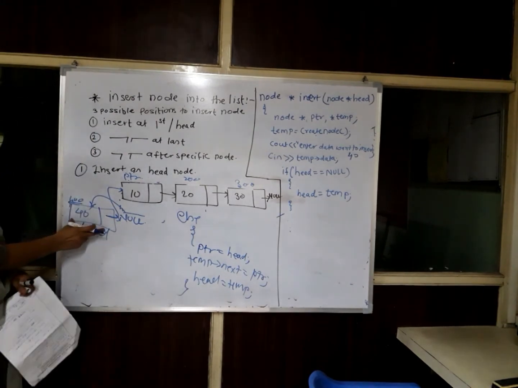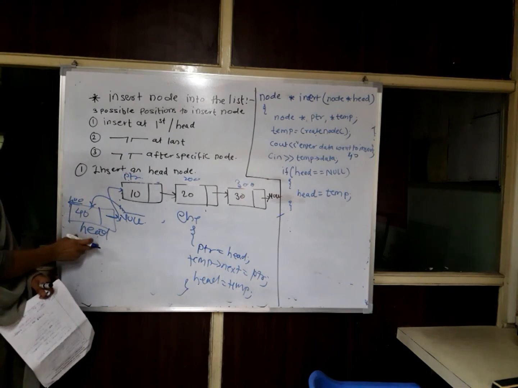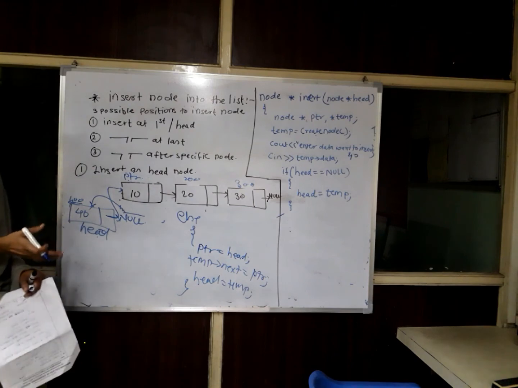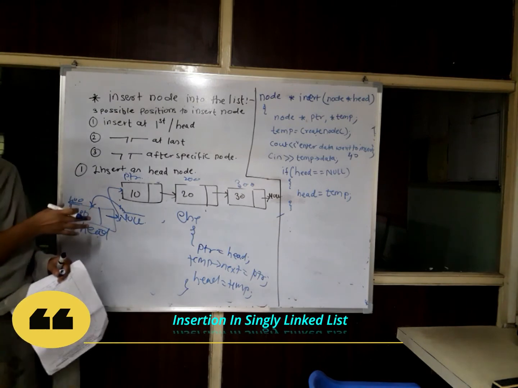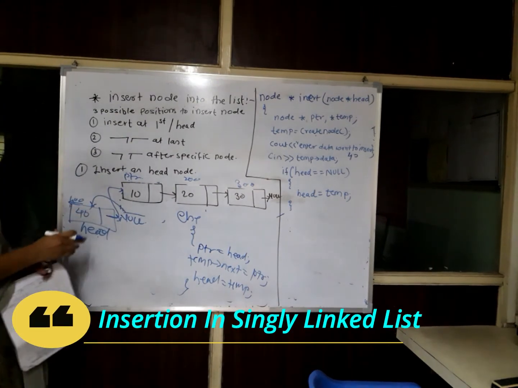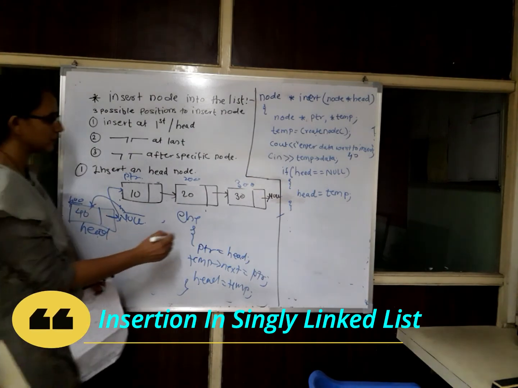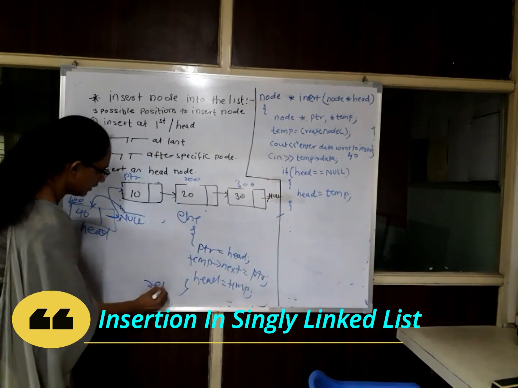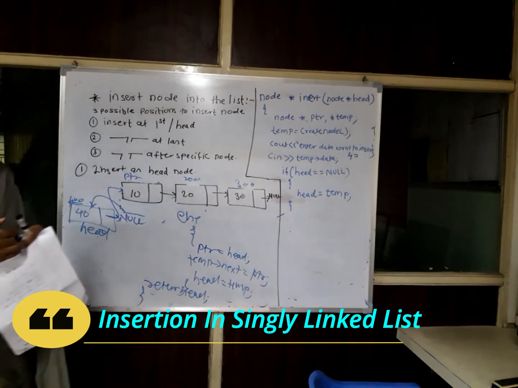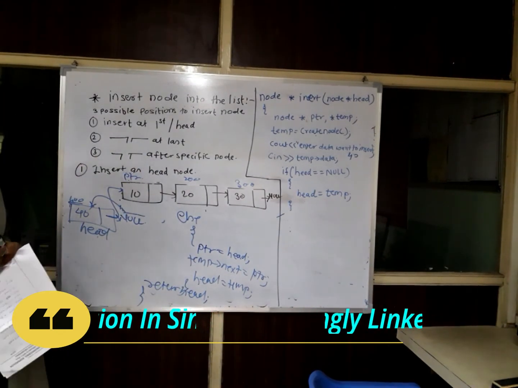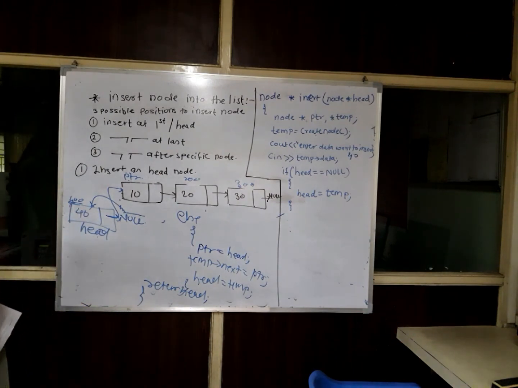After inserting a node at the first, your head address gets changed. We have to notify other operations also, because other operations may also require the head node to perform their operations. While we insert the node at the beginning, head gets changed, so we have to notify that. How to notify? Just by returning the value of head. Return head. So this function will return the changed head address to other operations. This is about the insertion of a node at first or head.